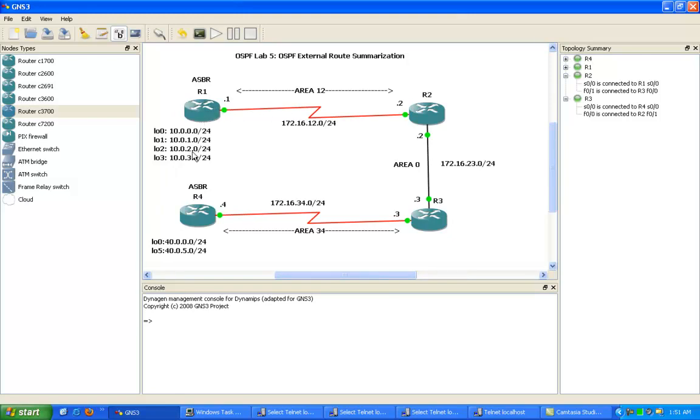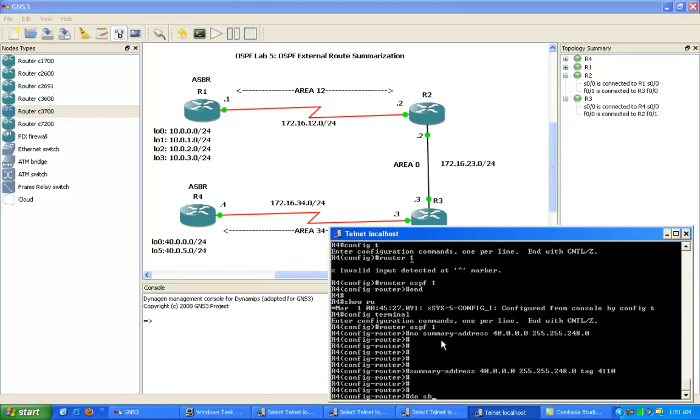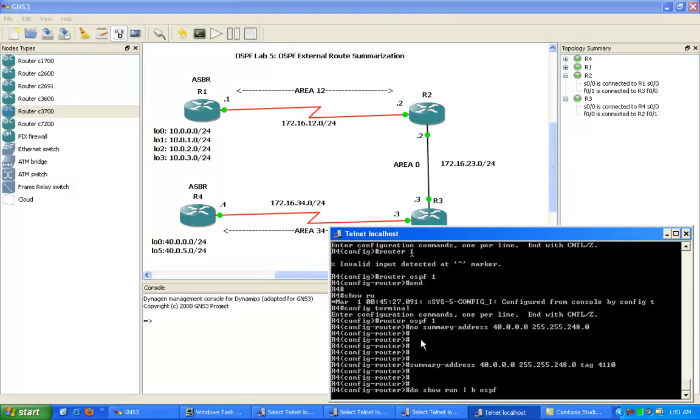Then we went under the OSPF process. So on router 4, if we do a do show run pipe begin OSPF, we went under the OSPF process on the router,